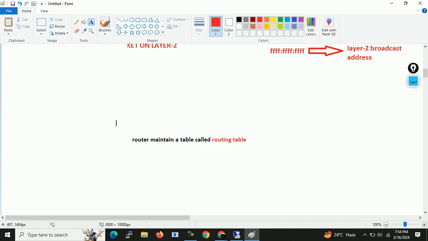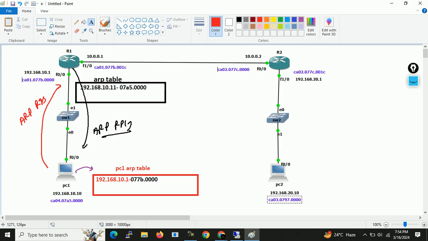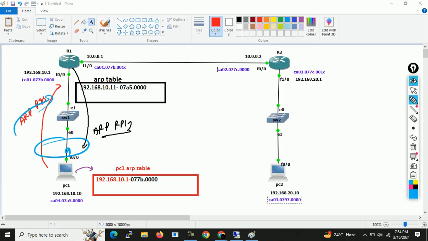Now when the router will see, और टेबल जब देखेगा उसके अंदर, तो राउटर के पास सिर्फ दो नेटवर्क की इंफॉर्मेशन होगी जो उससे कनेक्टेड है. वन इज 10.0.0.0/8, वन इज 192.168.10.0/24. मींस R1 only knows directly connected network information, that is 192.168.10.0 and one is 10.0.0.0. So राउटर की राउटिंग टेबल में